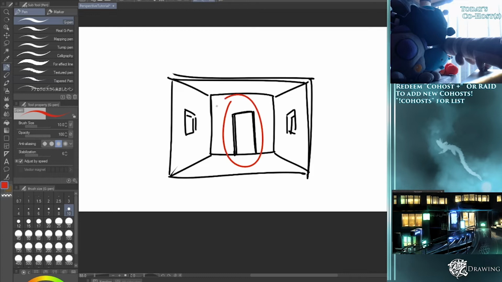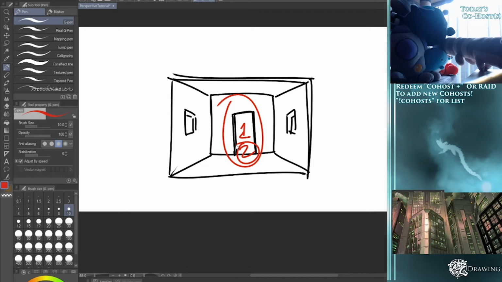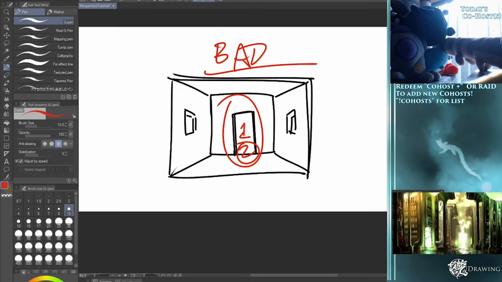Maybe the door. All right, now where does it go? We're not talking about just focus, we're talking about flow. Oh, our eye goes to the center. Yeah, but we're already in the center. Here's 1, and here's 2. We don't go anywhere. There is no flow. This is a bad composition. Does that make sense? It's boring because there is no journey that we go through when we look at this